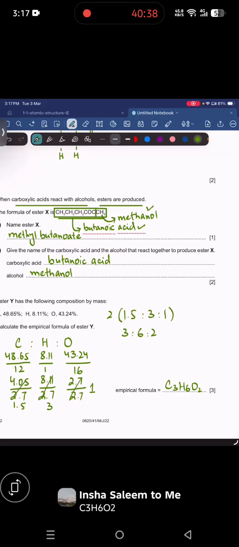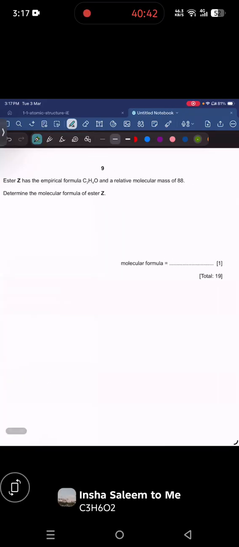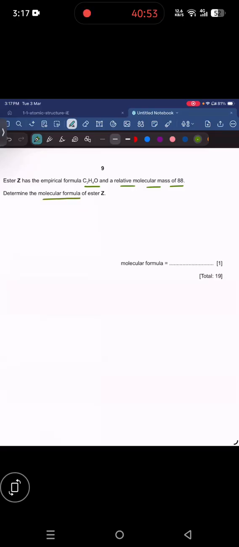Now, the next question. Ester Z has an empirical formula of this. The relative molecular mass is 88. So we have to find the molecular formula here. The n value is equal to molecular formula mass divided by empirical formula mass. So the molecular formula mass is 88 here. Empirical formula mass